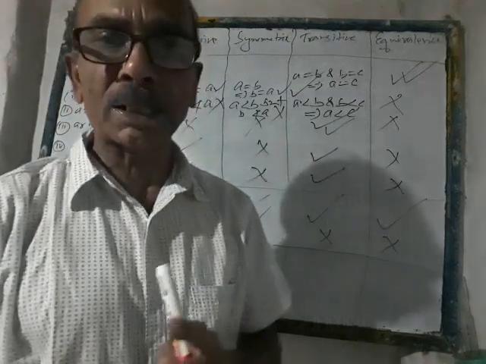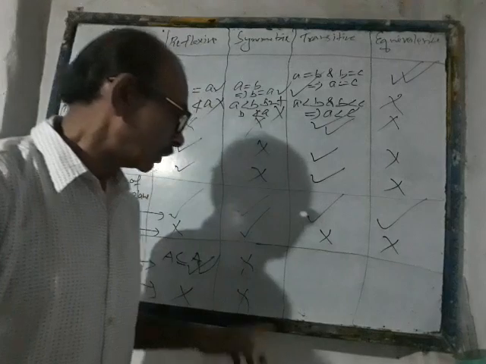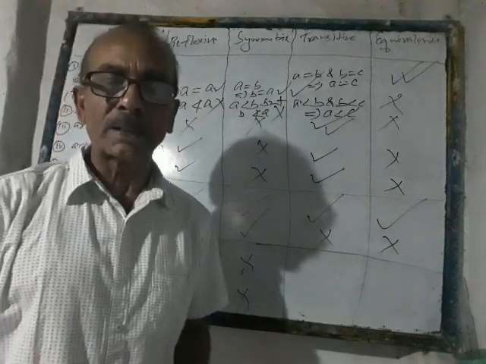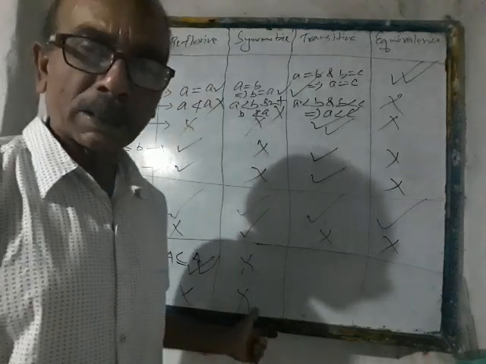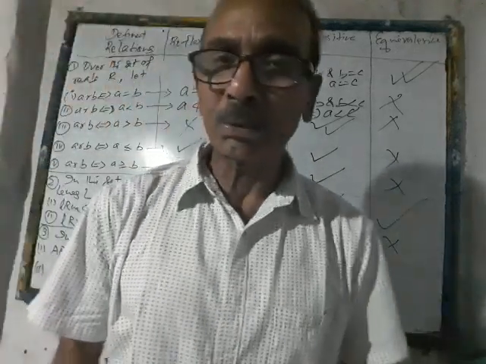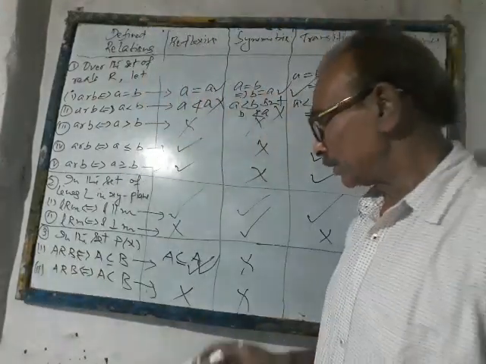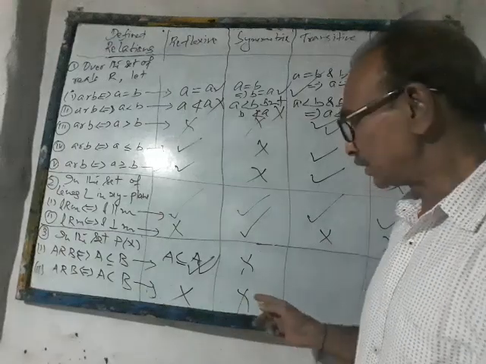So whether we talk about subset or proper subset, if A is a subset of B or A is a proper subset of B, naturally B will be a superset of A. B cannot be a subset as well as a proper subset of A. So this relation doesn't hold true. Symmetry is challenged over here, meaning contradicted, and hence it is not symmetric.